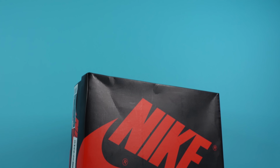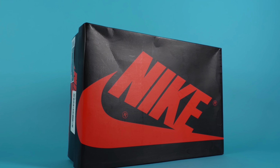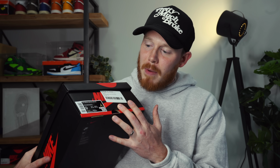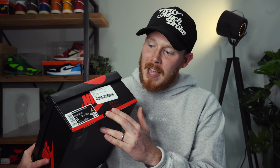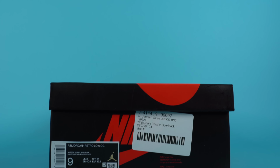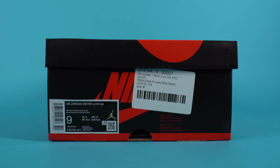But before we get any farther into the powder blue ones themselves, let's first take a look at the box. So no, the box is not that different. You've got your standard black and red Nike box. You've got the size tag on the side of the box, which is sort of the Air Jordan 1 low size tag. Air Jordan 1 highs come with that thin white size tag. As you can see, I grabbed a size 9 from GOAT, and the official colorway of this shoe is white, dark powder blue, black. Now I will say there is one thing that's pretty different and interesting about this packaging,